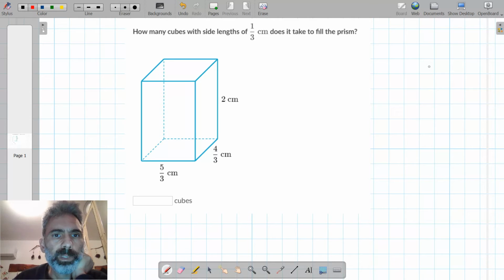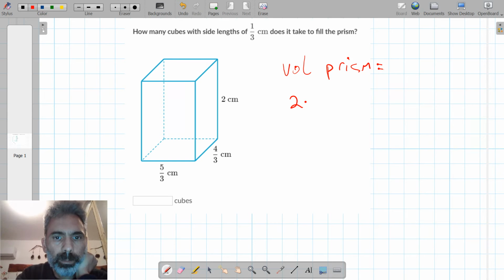How many cubes with side lengths of 1/3 centimeter does it take to fill the prism? Okay, so the volume of the prism is 2 times 4/3 times 5/3. Because the base of the prism